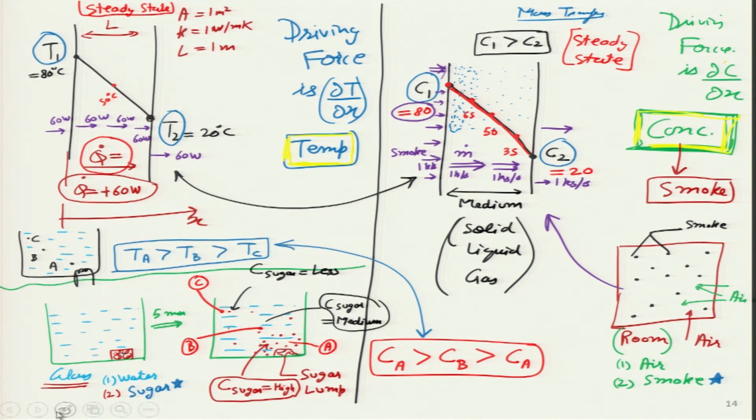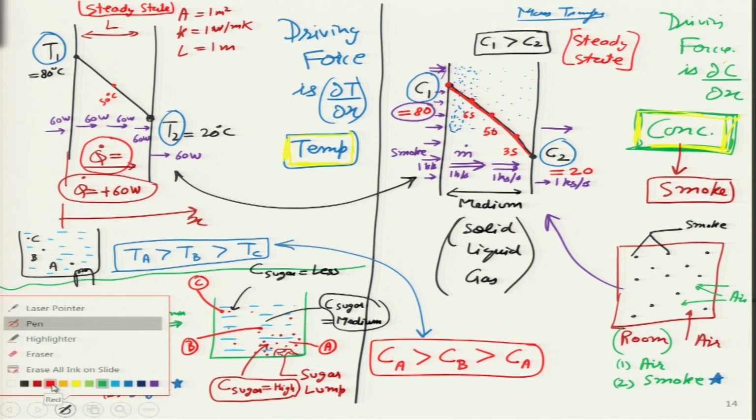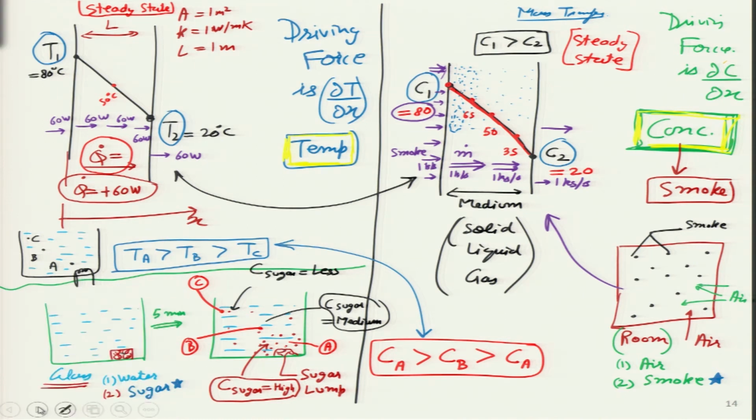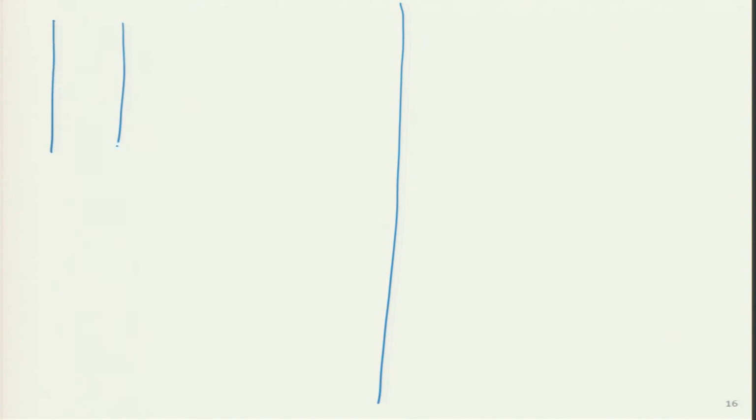So, mass flow rate is taking place, just like heat transfer is taking place for the wall case. I hope this point is clear to students. If it is clear, then let us try and remember what are the different cases of steady state conduction that we used to study in the first few lectures of this course.